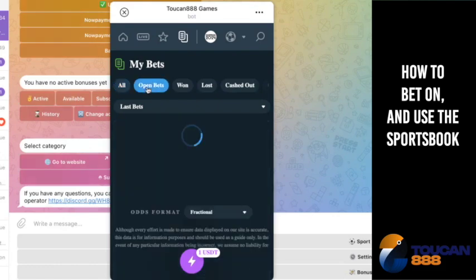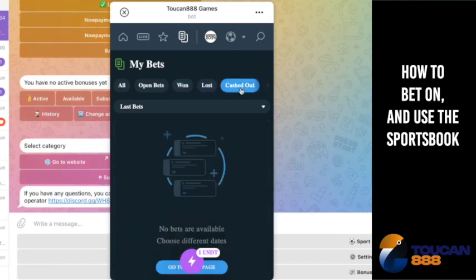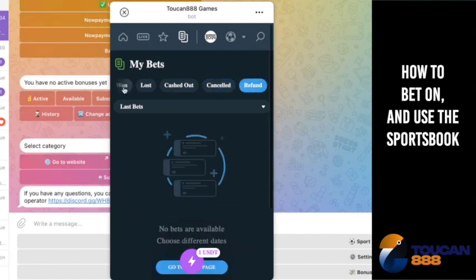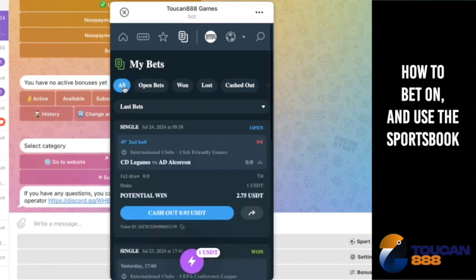I can also see what my open bets are, any that I've won or lost, or any that I've physically cashed out. There's a cancelled and refund button in there as well, so you can have an idea of what's going on for all of your total bets. If I then click out of the bot